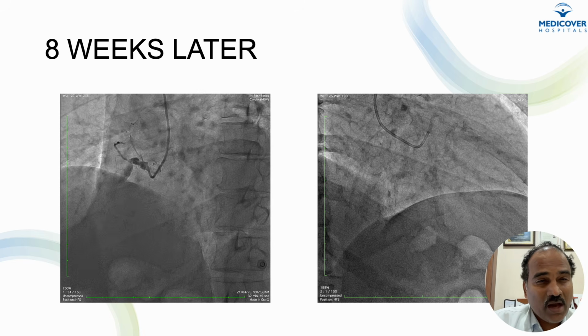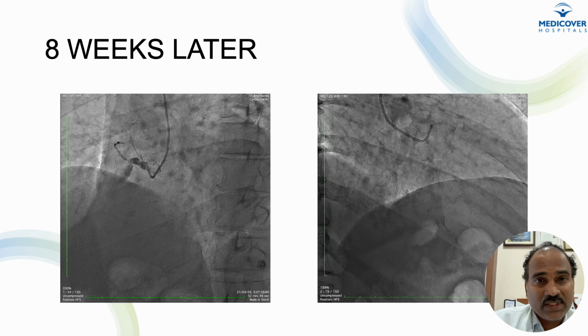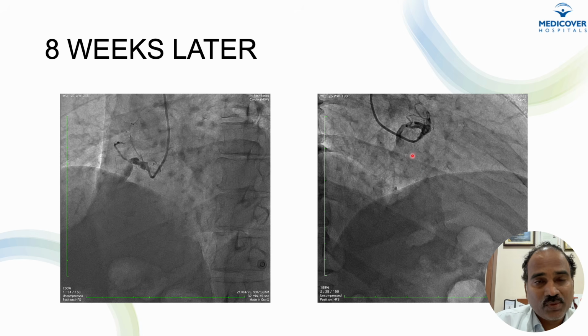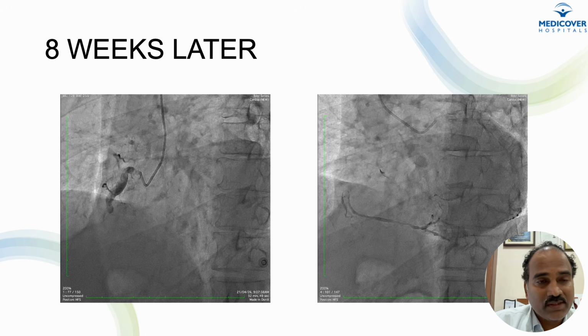So you can see now that the CTO segment is completely opened up, but to our surprise, there was an aneurysm within the coronary there. And you can see here in RAO view, there is clearly a pseudoaneurysm which was sitting in the mid RCA. So that's when I stopped going further, because I wanted to understand the anatomy further